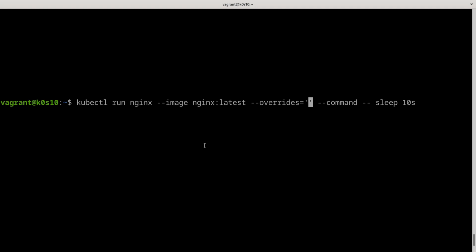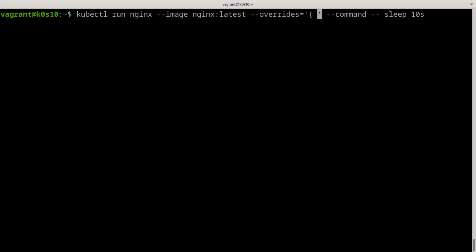We know that we are in the spec key, for specifications, so we go through spec, and after that we want to change the restart policy.